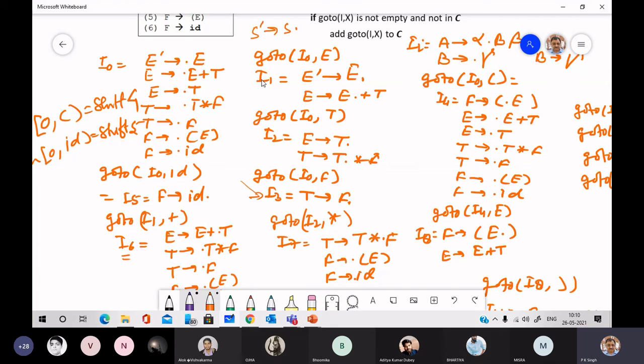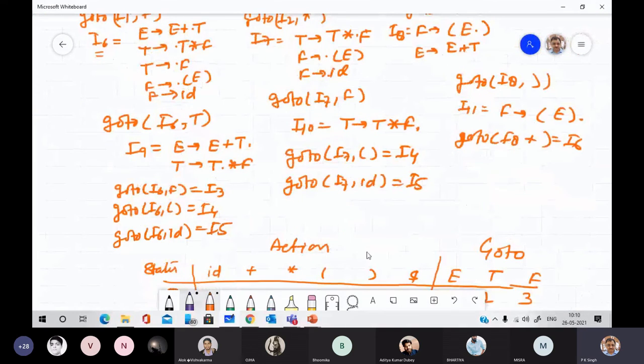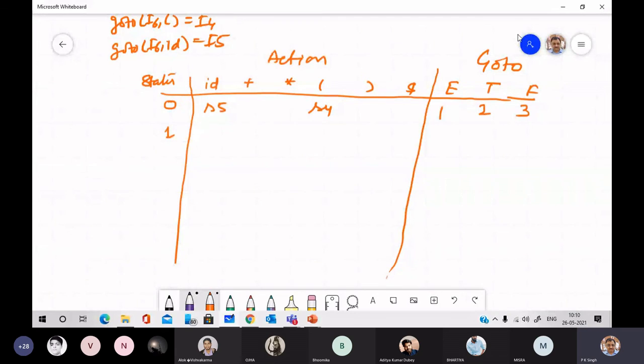Go to I1 plus is I6, so you write shift 6. Here 1 and plus is shift 6, and here 1 and dollar is accept.